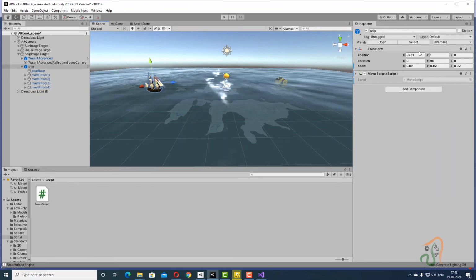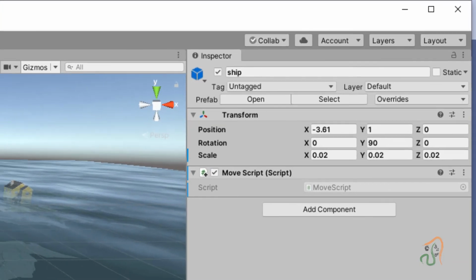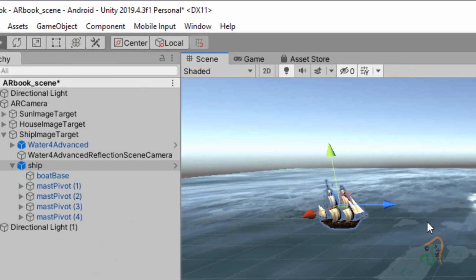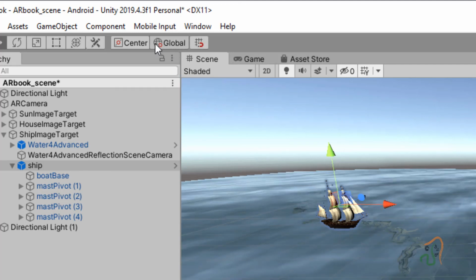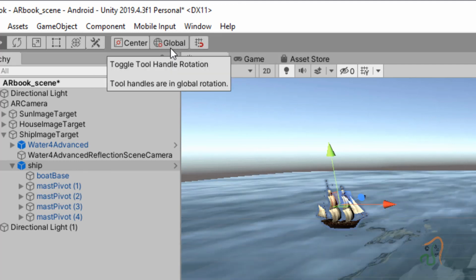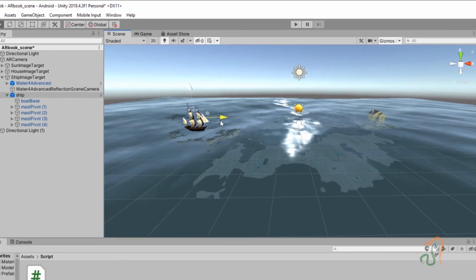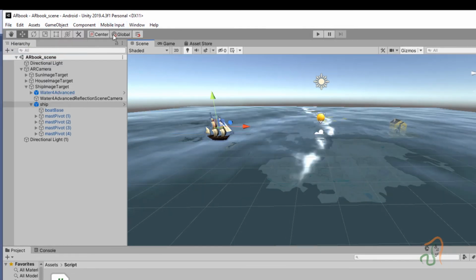There is an axis mismatch here. Here it is showing it as x, but actually in the script it is recognizing it as z, because this is in global and I think the axis is set to local there. See here, you can see the axis, you have global and local. So let us set the axis here to global. Okay, now go to File, choose Save, and now let us execute and see the game.